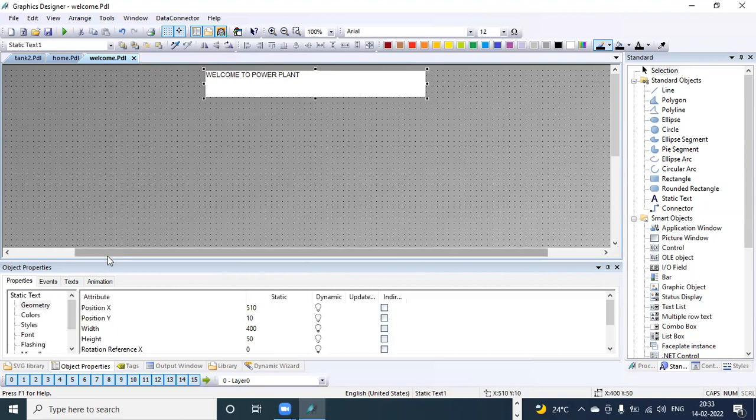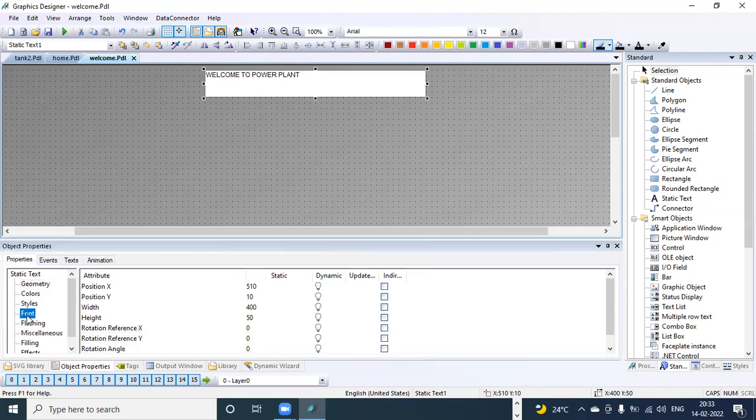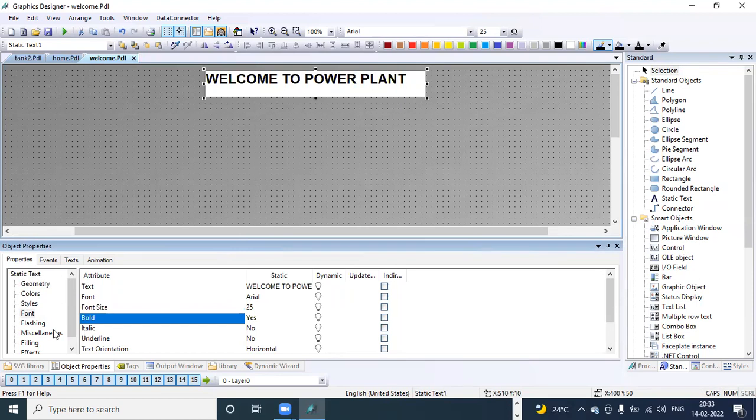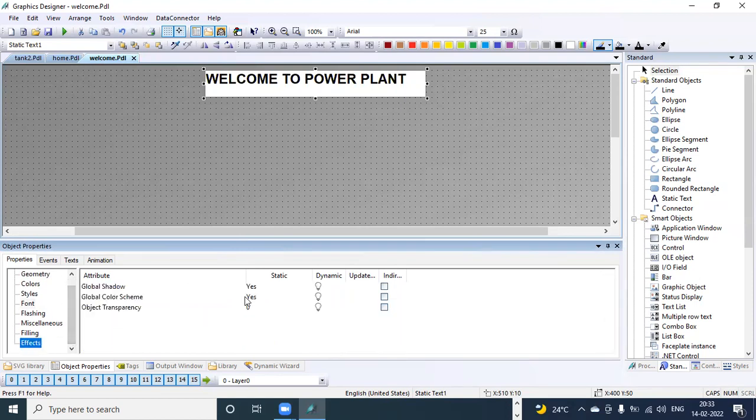Now we can do the font settings here. Font, double click to open this. Some changes here. Bold. And if you want to change the colors, go to the effects. Disable this global color scheme always.